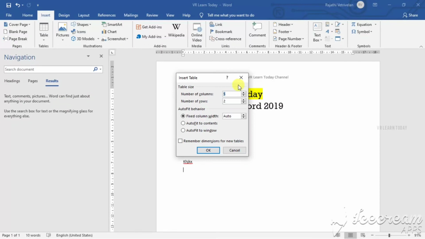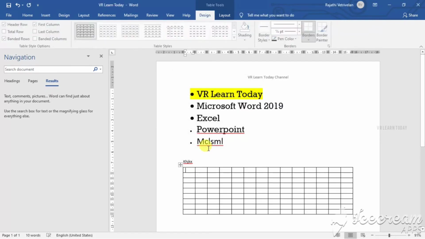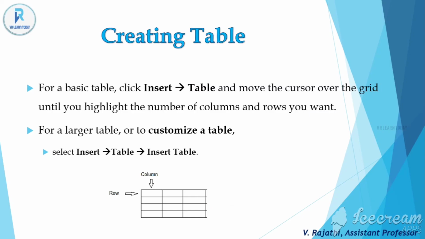If you want more rows and columns, use Insert Table. The table is nothing but the intersection of rows and columns. This one is called a row, this one is called a column, and this one is called a row.